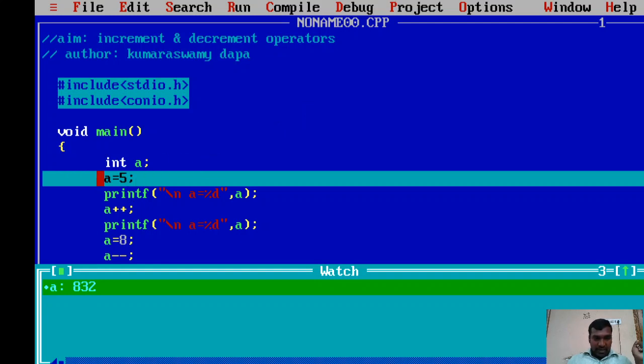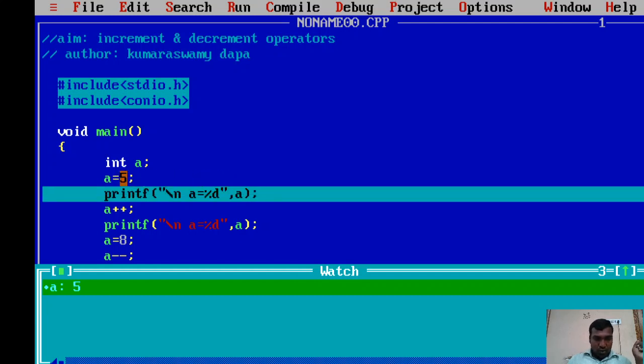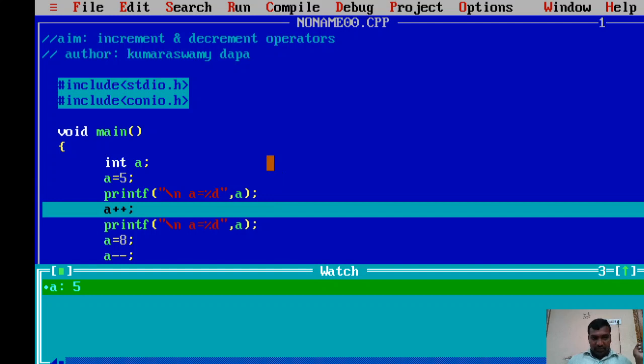Now I am at this line, so I am executing this highlighted line by pressing F7. After execution of this line, the value of a becomes 5, which you can see in the watch window. Now I am trying to print the value of a, so I am executing this statement with F7.